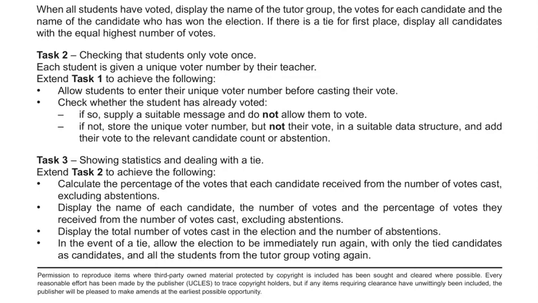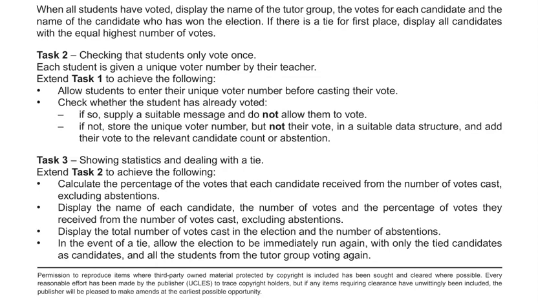Okay, so we have done task 1. We now can move on to task 2, and that is checking that students only vote once. Each student is given a unique voter number by their teacher, and we're going to extend our task 1 to achieve the following. We're going to allow students to enter their unique voter number before casting their vote, and then